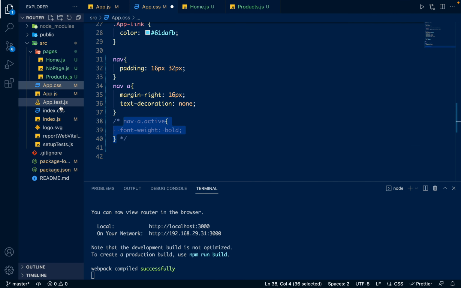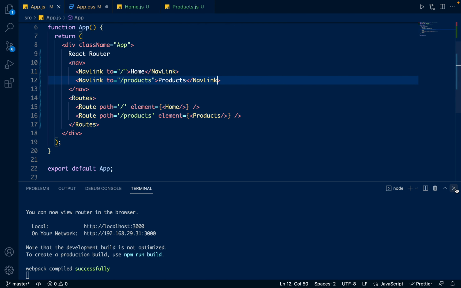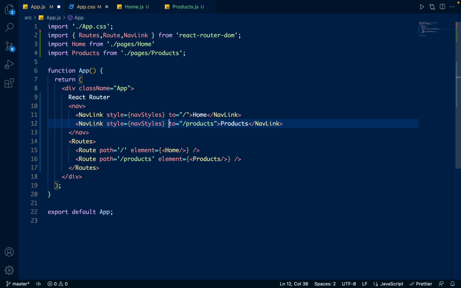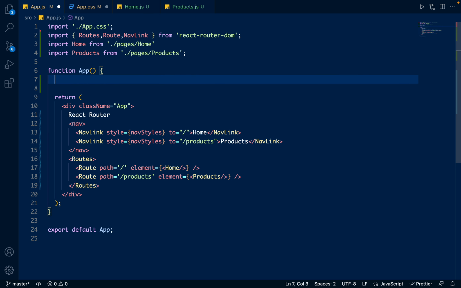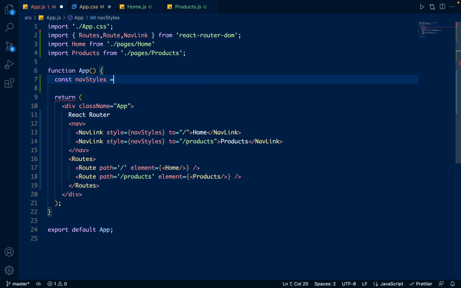Let's go to our app.js, and in our app.js what we're going to do is we're going to say style equals navStyles. We're going to copy this. Now we're going to define the navStyles. We're going to say const navStyles equals